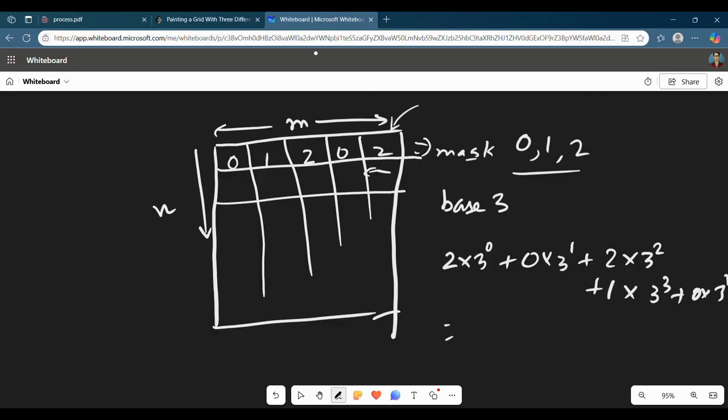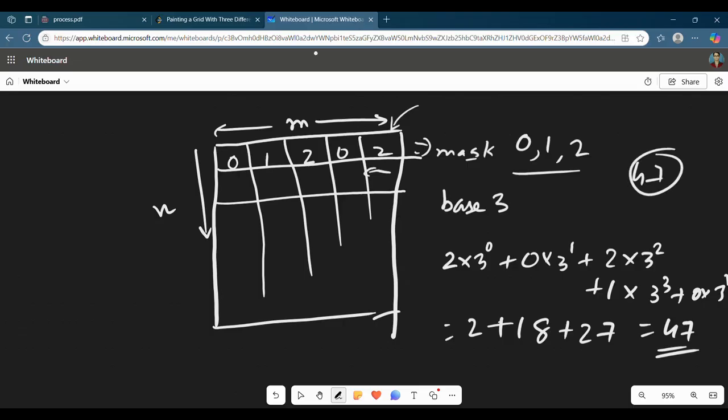So whatever you get, what did you get here? I'm just calculating. This is 9 into 2, 18, and this is 27. So you get 20 and 47. So you store the digit 47, that is a mask representing an entire 5 length vector. In this way you have compressed this 5 into a mask. So if you get a small constraint like m, you should always start thinking this way, and you also know that this problem can be solved by DP because it is a recursion based problem. So you should start thinking that I can place a mask like this.